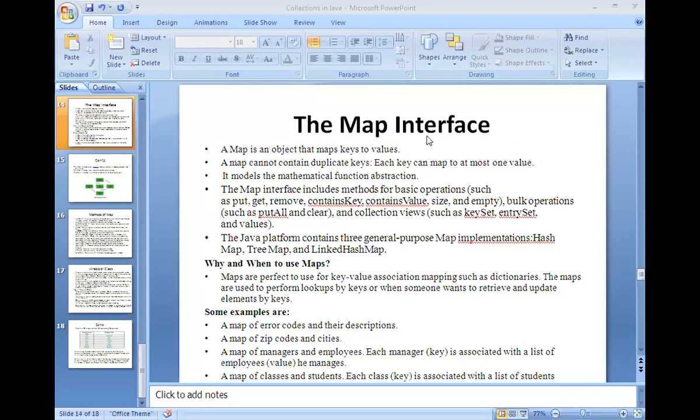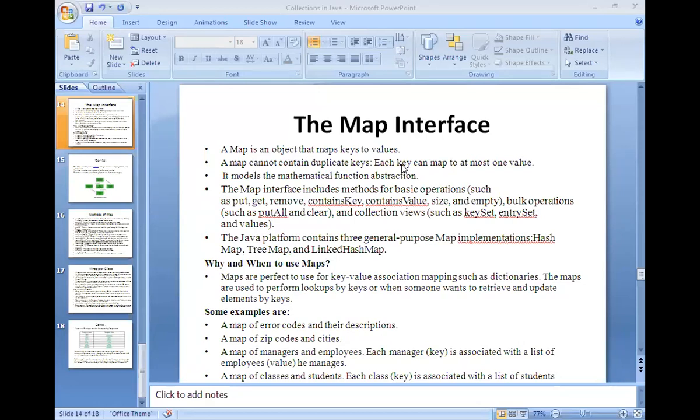In a similar way, here also the map interface is an object that maps keys to the values, and at the same time there are no duplicate keys. So at any given point of time, you should have only unique keys, right?